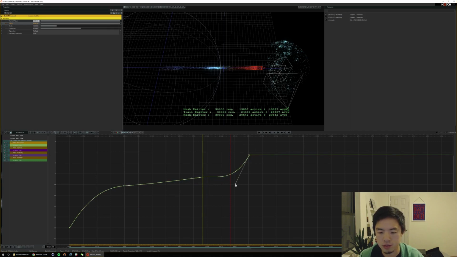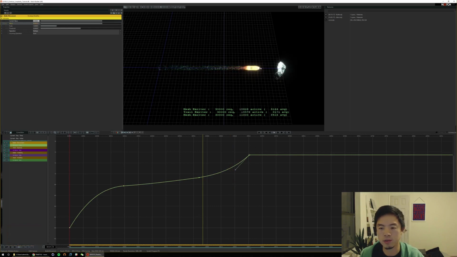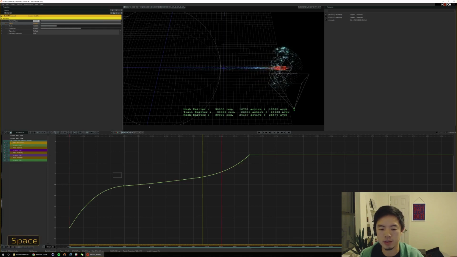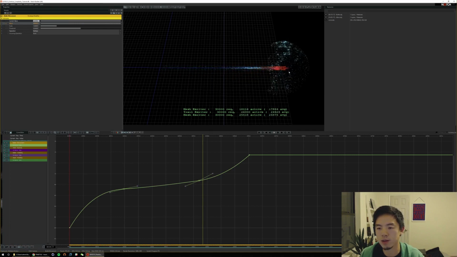It's like this is now too steep. There you go. So it'll go really fast. Then we'll get this slow-mo right before it hits the hand. And then it'll blast through the hand at the end. So I might tone this back a tiny bit. So you can already start to see the suspense that this makes. Like this bullet's traveling really quick. And then you have the slow-mo section right before it hits the hand, kind of like Neo Matrix bullet time